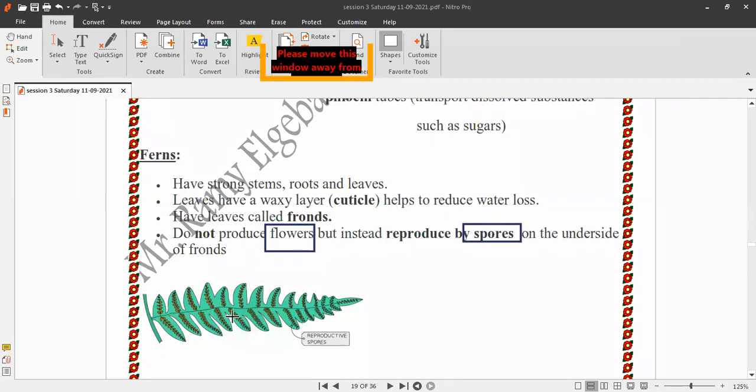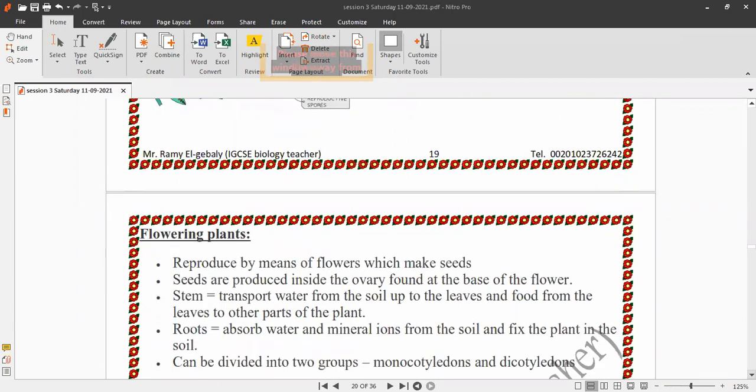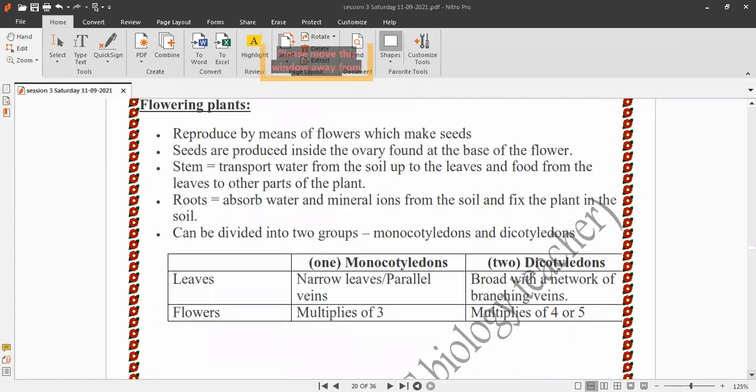Ferns have strong stems, roots, and leaves. Leaves have a waxy layer called the cuticle, which helps to reduce water loss. They have leaves called fronds, and on the underside of the fronds are spores. This is for reproduction instead of flowers, not like flowering plants. Let's see